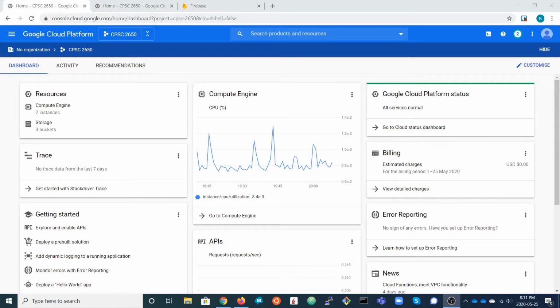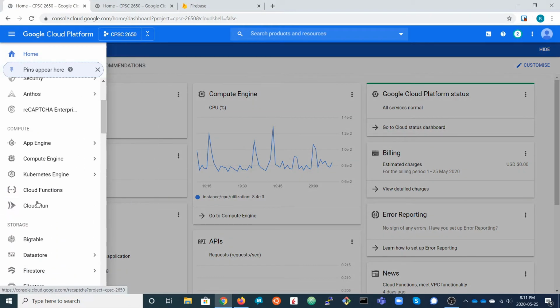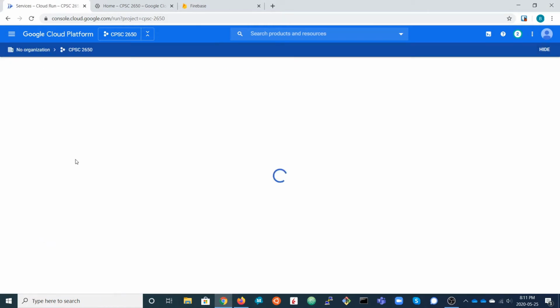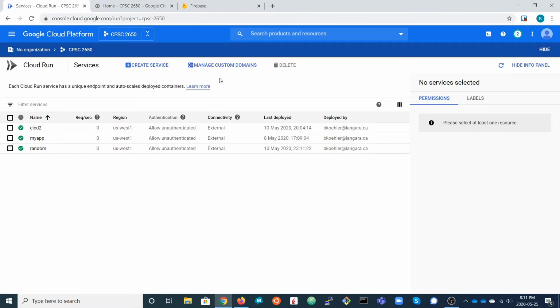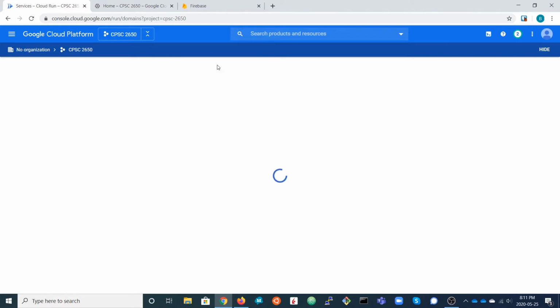The purpose of this video is to show you how to set up a custom domain name for a Google Cloud Run service or a Firebase hosting project. For a Google Cloud Run service, go to the Cloud Run dashboard and click on the link to manage custom domains